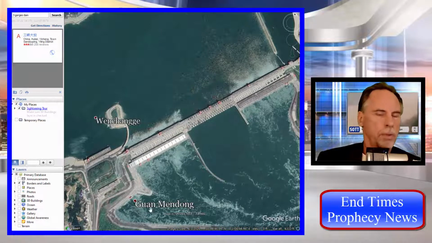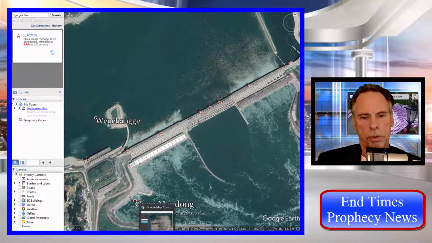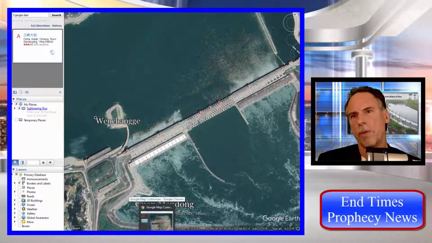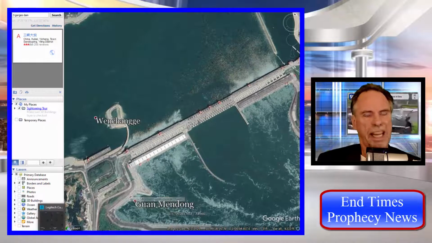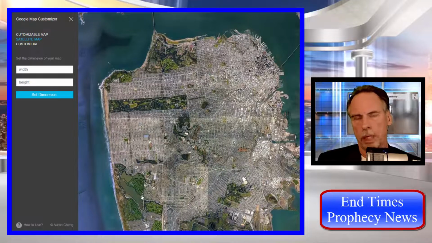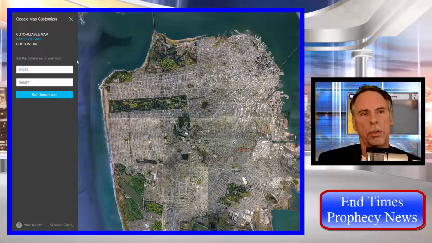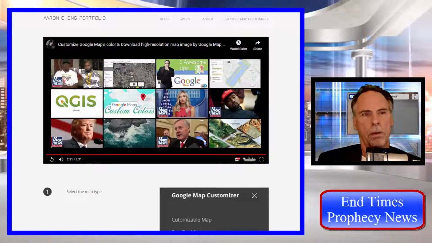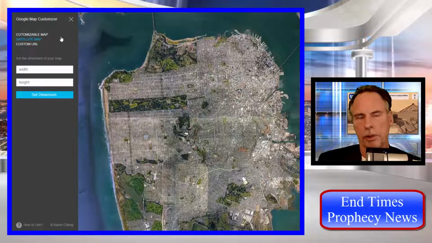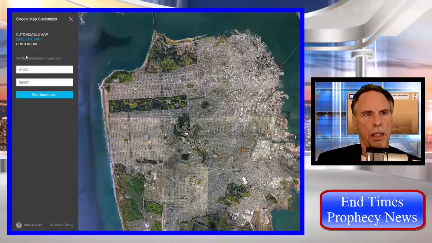Now, if you want to take a picture of Google Earth Pro, it always comes out blurry. So in order to do that, you can actually use Firefox or you can use Google Chrome. Now, yesterday I was using my Microsoft Edge platform, okay? So if you go over to your Google browser, and you type in Google Maps customizer into your Google search engine, and you'll see Aaron Chang,